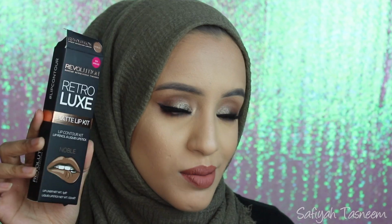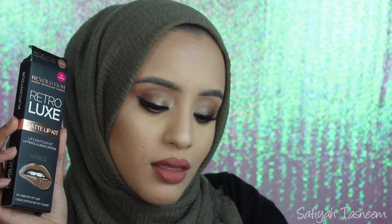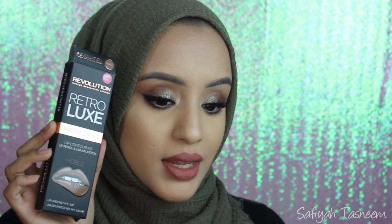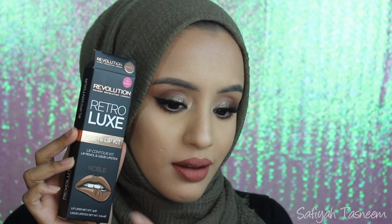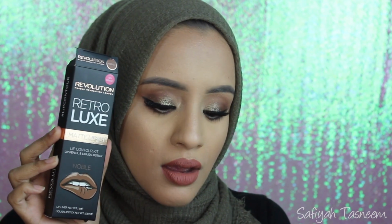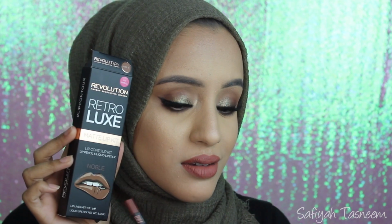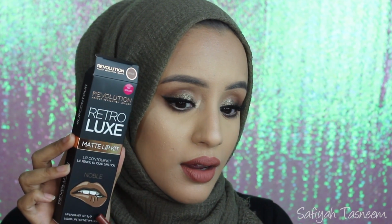This matte lip kit is supposed to be a Kylie sort of dupe. It's actually better in a lot more ways than the Kylie lip kits, but the only problem is with Makeup Revolution, I find a lot of discrepancies between their packaging and actual products. So for example, this is the shade Noble, and that's the shade that it looks like in the packaging, but it's actually this colour that I'm wearing on my lips, so it doesn't look anything like that in my opinion,